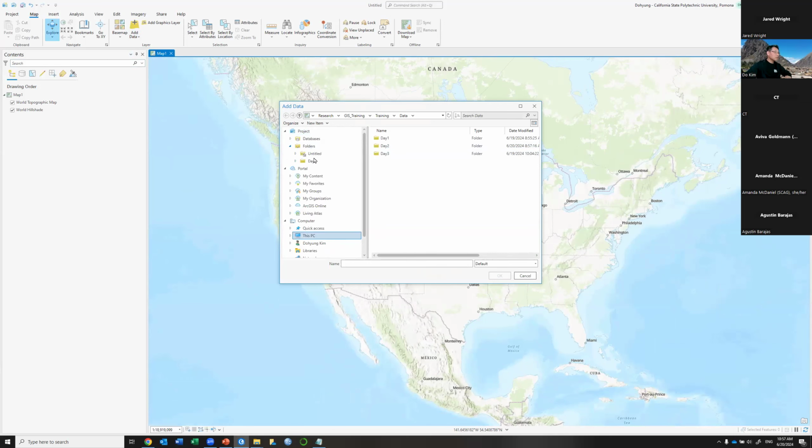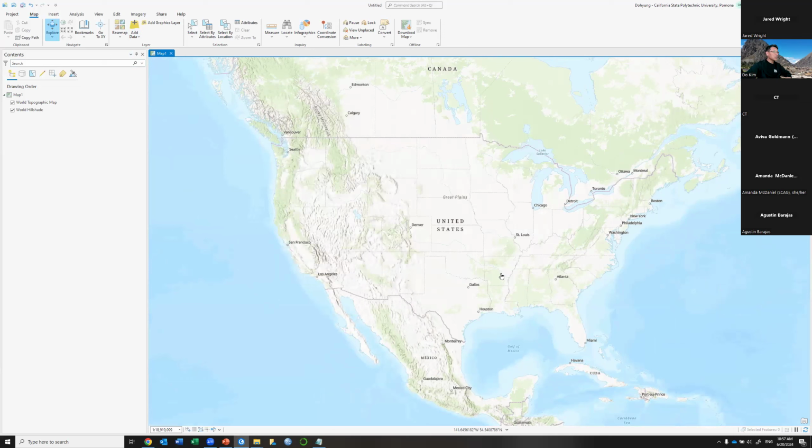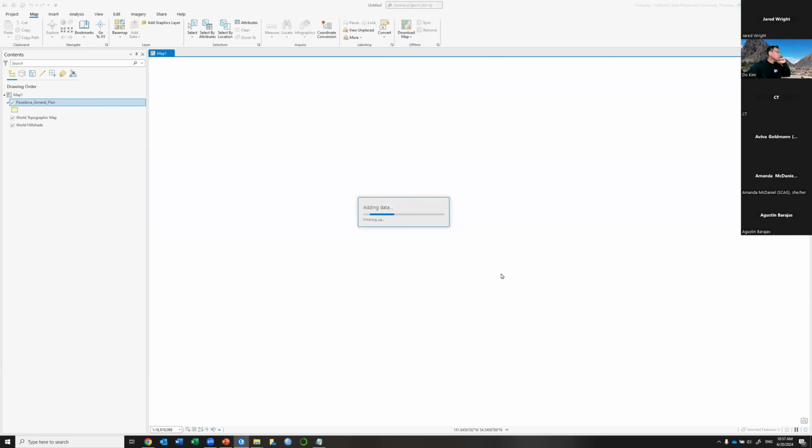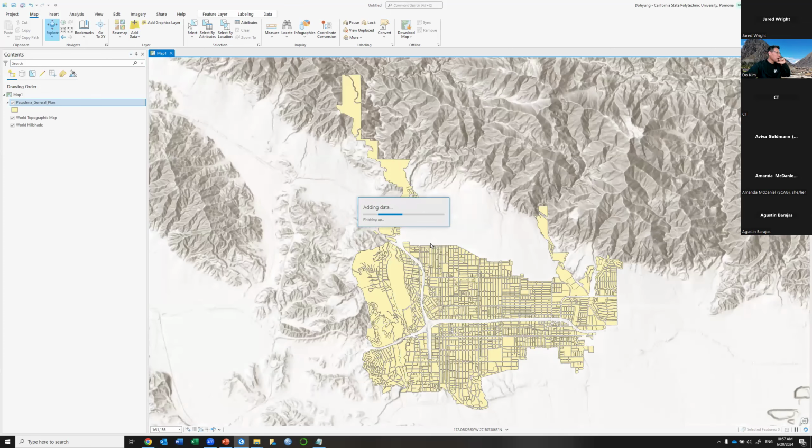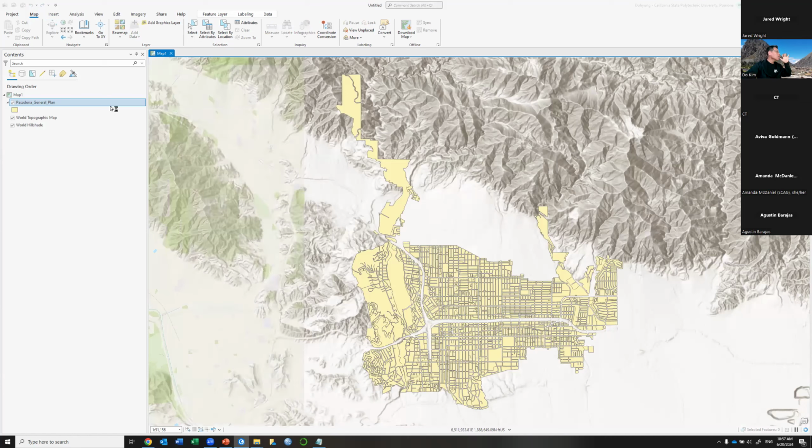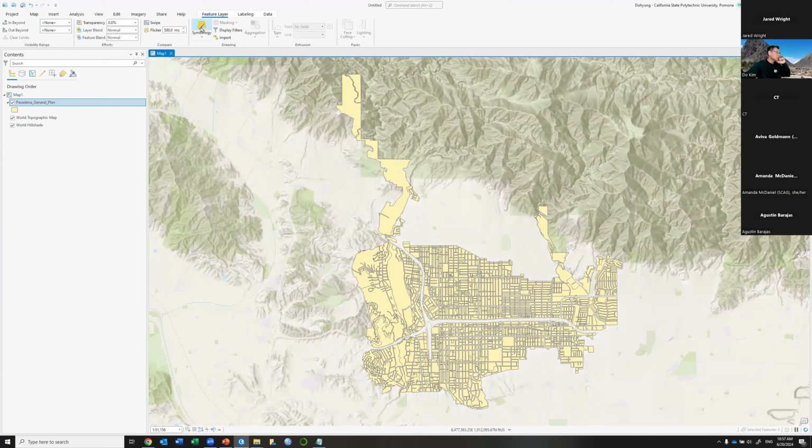Let me go to my geodatabase, right? So day 2 here, and under the day 2 data geodatabase, there is a session 2 feature dataset, and in there I have a Pasadena general plan data right there. So let's play with the Pasadena general plan data. Yeah, this is the land use by general plan of the city of Pasadena. So if I quickly change the symbology,